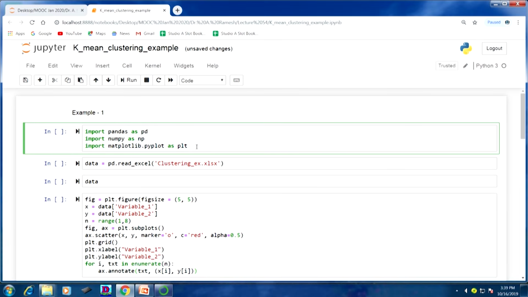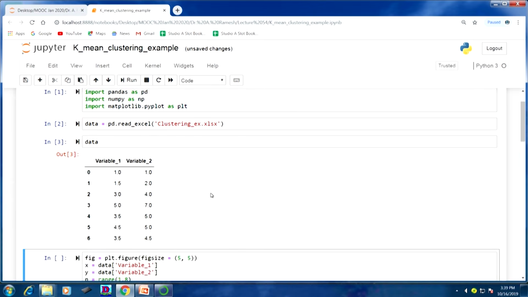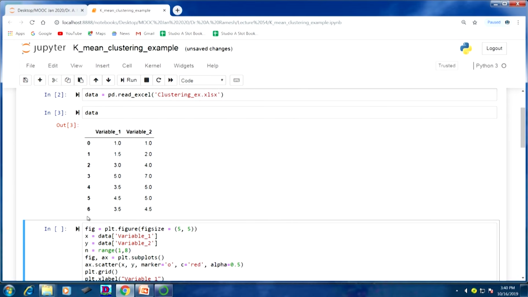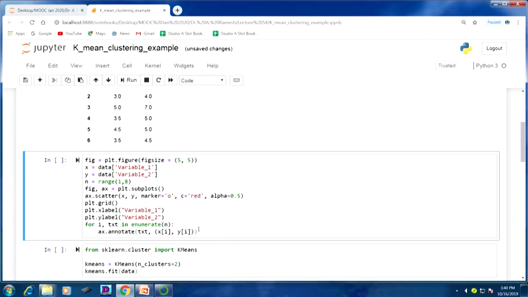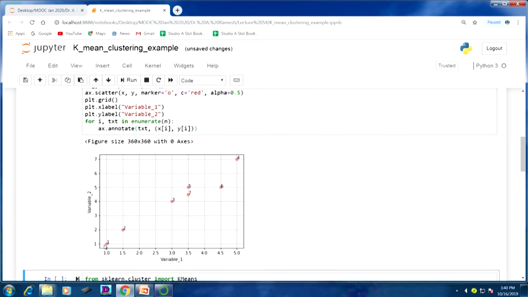First we will import necessary libraries: pandas, numpy, matplotlib.pyplot and so on. Next we will import the data. When you look at the data, there are 7 individuals, with variable 1 and variable 2. After that we will position these individuals in a 2-dimensional graph. Now we are able to see all 7 individuals and their positions. For example, the position of individual 1 is 1 comma 1, the position of individual 2 is 1.5 comma 2